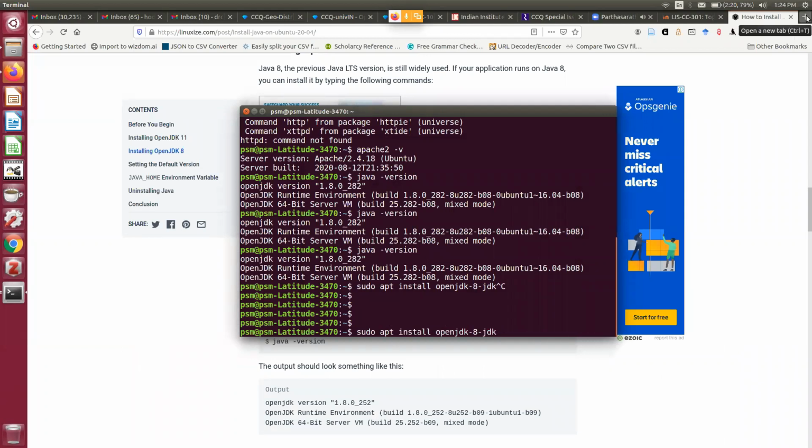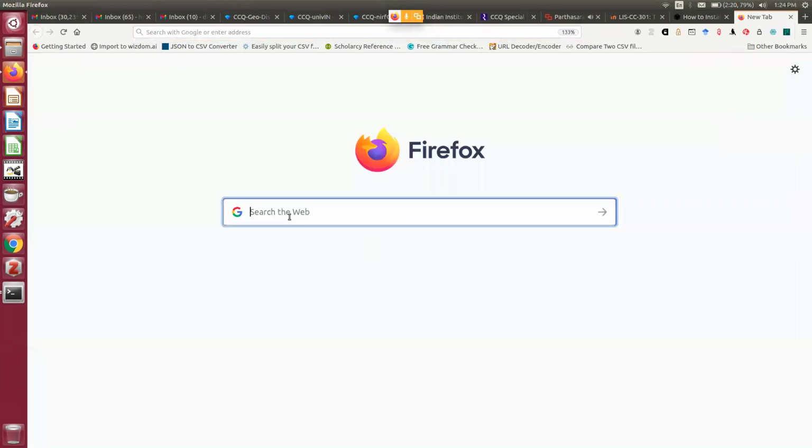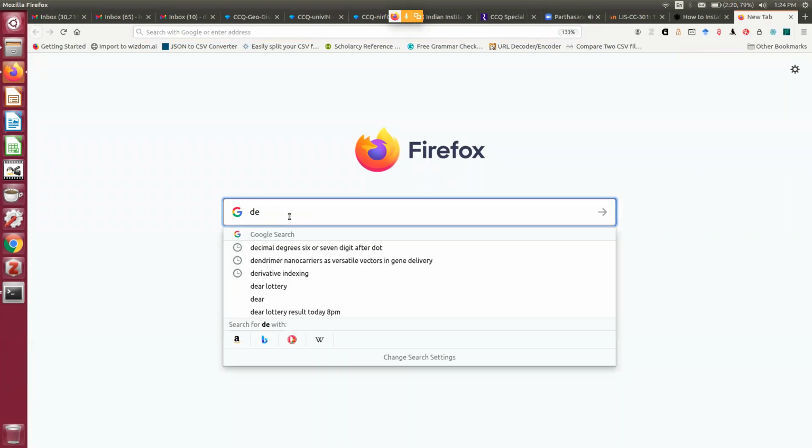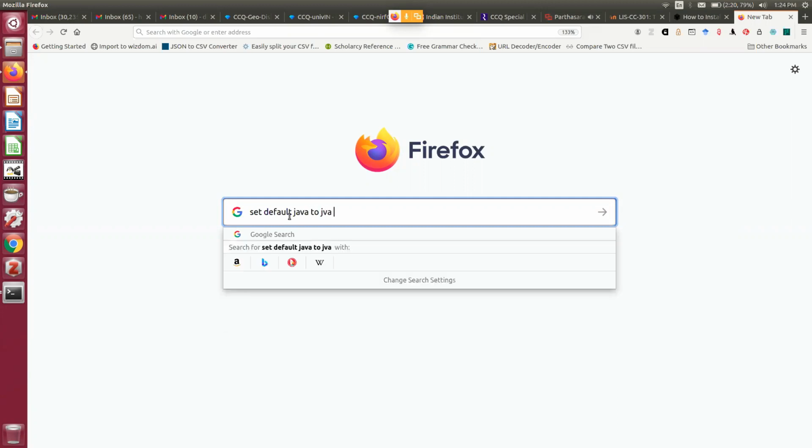Because in some of the cases, some of you must be having Java 11. So in that case, let me show you. Suppose I am searching: set default Java to Java 8.